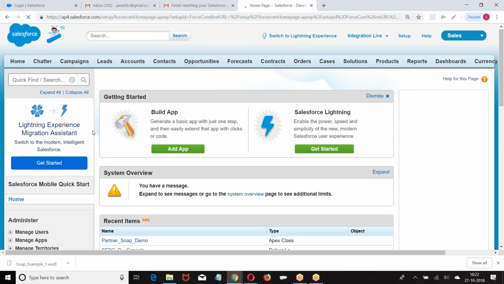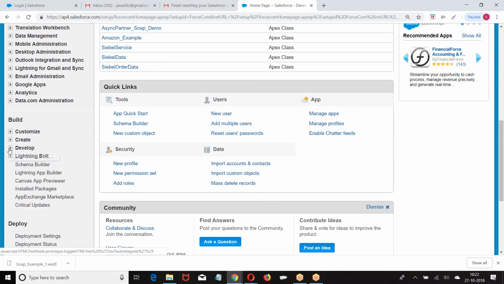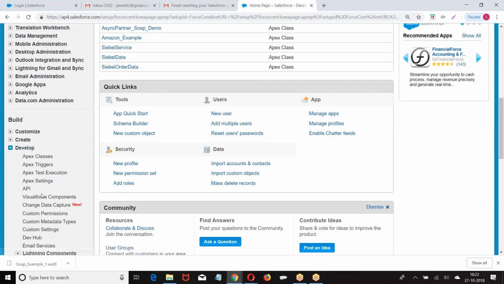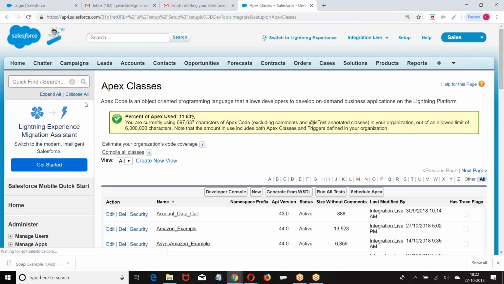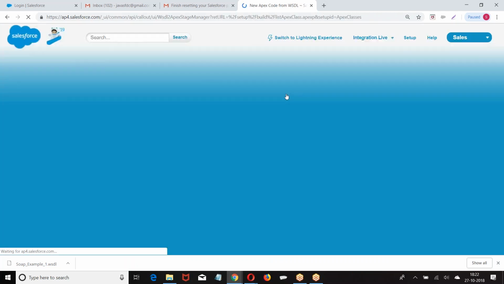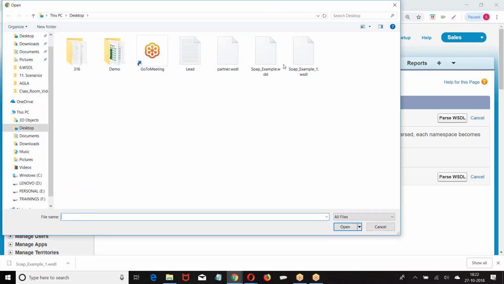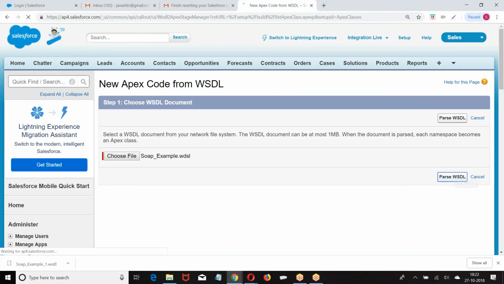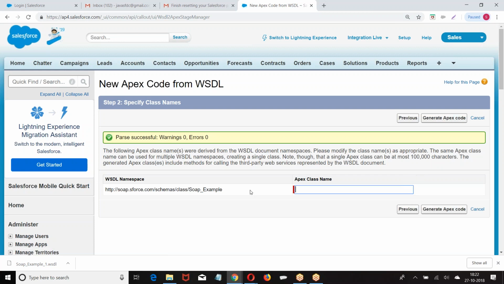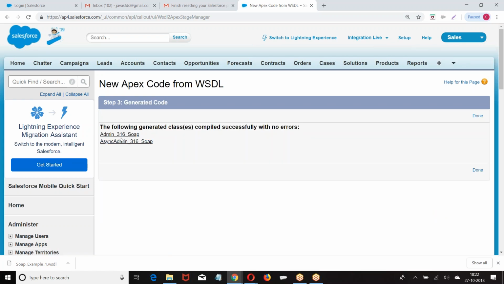Setup, build, develop, Apex classes, generate from WSDL, choose the file, so for example WSDL, this is the class which is created.